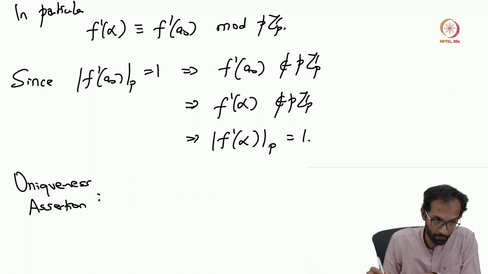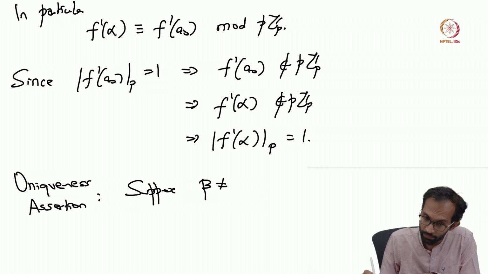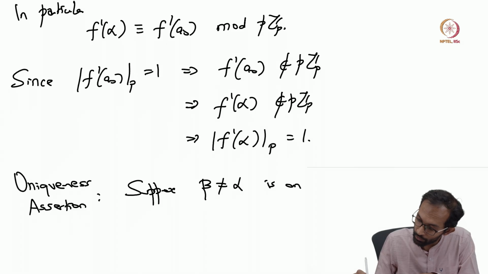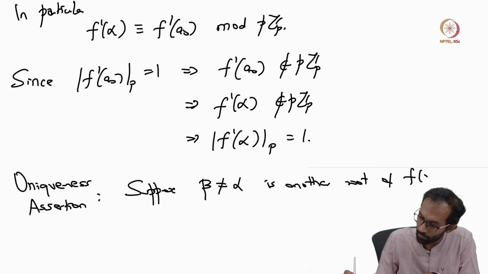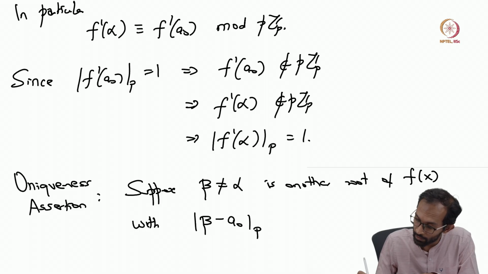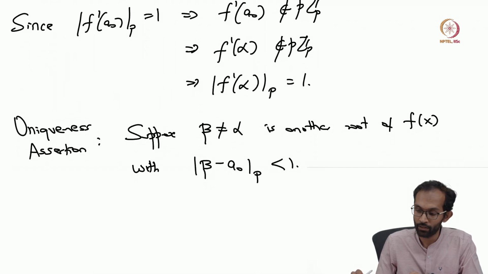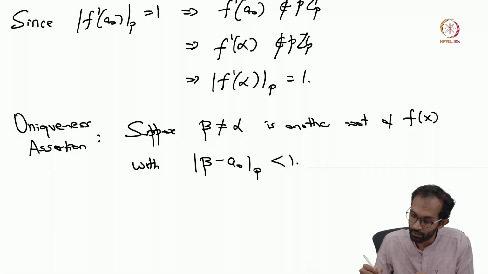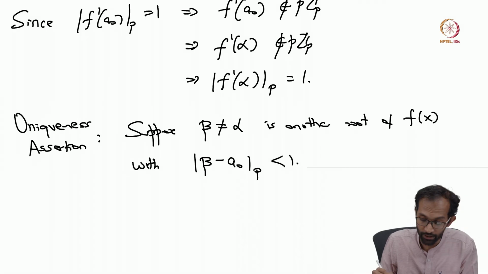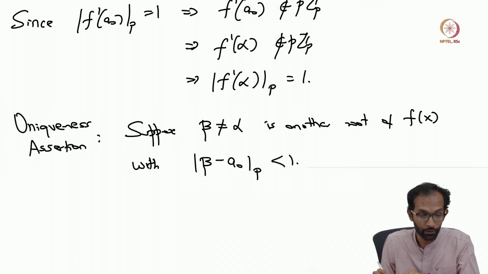So suppose you have a beta that's not equal to alpha, and this is another root of f of x with the property that it's also close to a naught. So beta minus a naught in p-adic absolute value is less than 1. Okay. So the question is, can this happen? So suppose for the sake of contradiction that we have this other root,